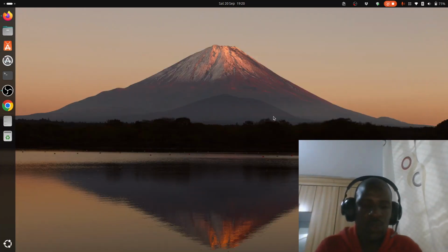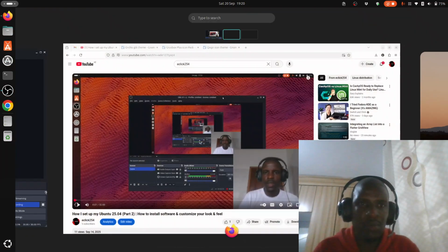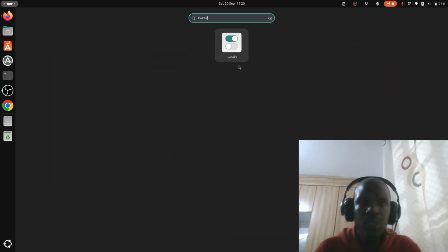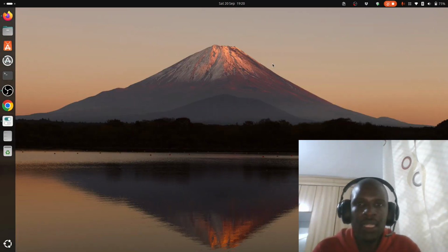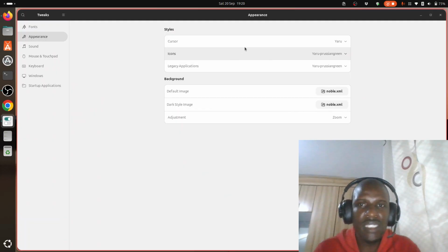We want to go to the tweaks. Press the super button, and you want to search for tweaks, and then here, now we can go under appearance, and under the icons, themes and whatnot,